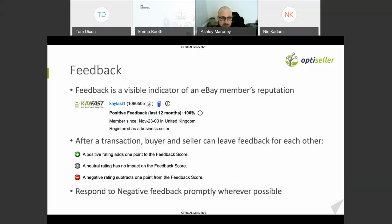I think it's the dream feedback scenario, 100% positive feedback. They've obviously been selling on eBay a long time. I think I opened my eBay account about a month before they did, and they have a shooting silver star, which denotes they've got a 1 million feedback score. So obviously that's taken a lot of time to build up that volume of sales, but we can all strive towards having a really high positive feedback score, and ultimately looking at ways that you can continue to deliver an